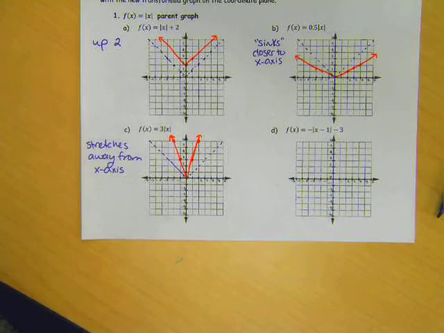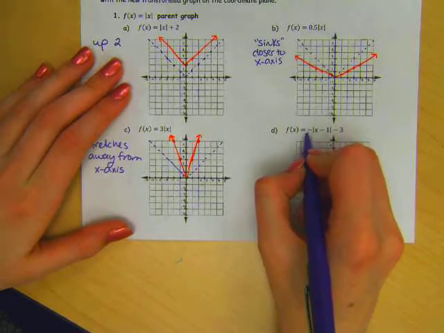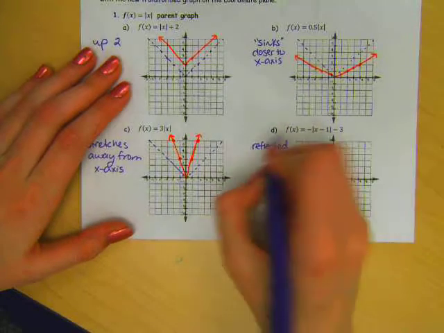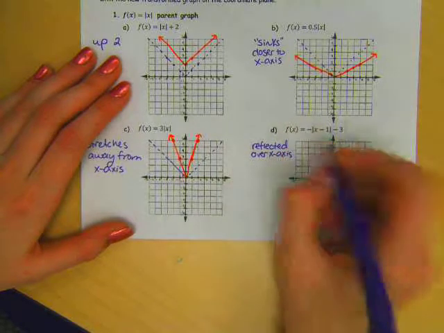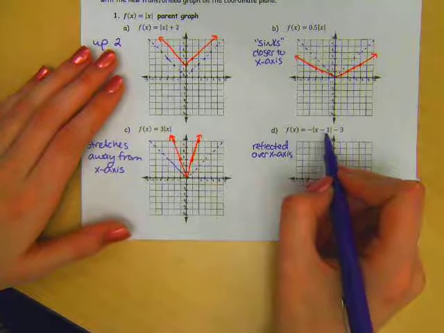All right, D, we've got a couple things going on with D. We have a negative out front. So that negative out front means we are reflected over the x-axis. That -1 and that -3. We've got -1 inside the absolute